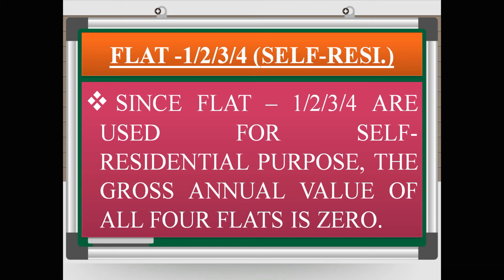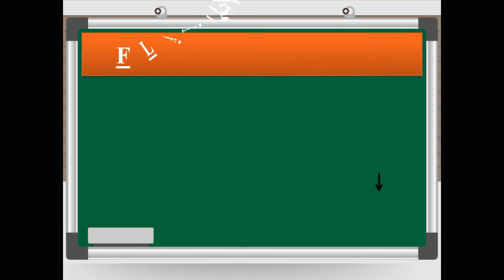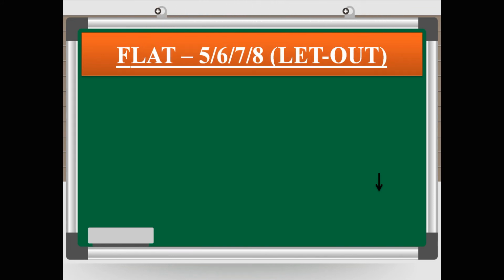It's time for the remaining part. Flat number 5, 6, 7, 8, which are let out, and for them we have to find out clause A